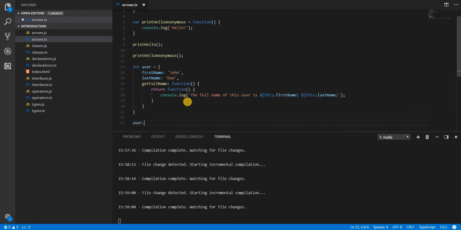Now I can do something like user dot get full name, call it. The call to this function would return another function, so I can call it by using this. So let's again have a look at what's going on here. User is an object that has a function named get full name that would return a function that we're calling by using this. So now what I would expect is that this should log the text the full name of this user is John Doe onto the console, right? So let's comment out the function calls that we had earlier, save this,